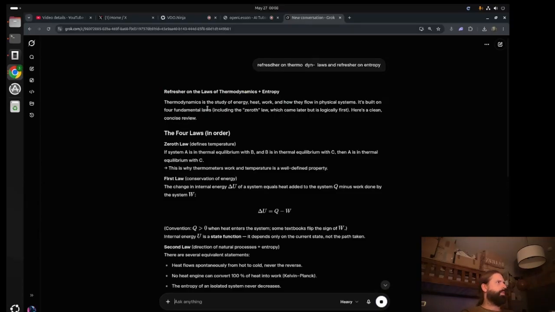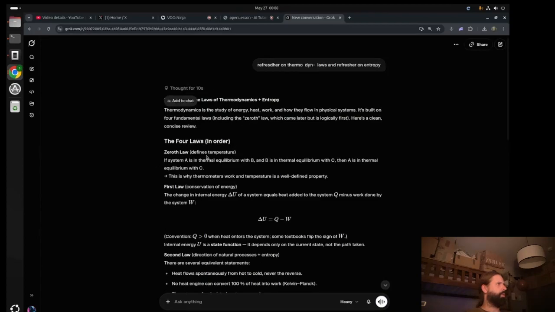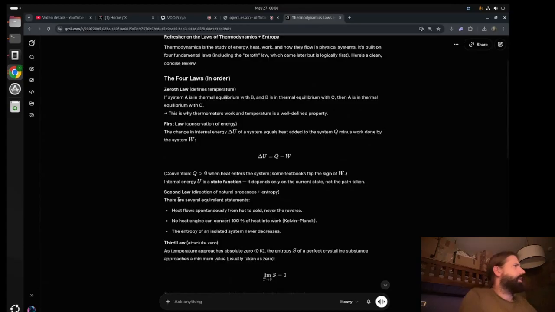so thermodynamics is the study of energy, heat, work, and so on. The four laws: the zeroth law defines temperature. If system A is in thermal equilibrium with B, and B is in thermal equilibrium with C, then A is in thermal equilibrium with C. This is why thermometers work, and temperature is a well-defined property. The first law is conservation of energy. Exactly, conservation of energy. This is a known law. That's good. The second law is the direction of natural processes plus entropy, and basically